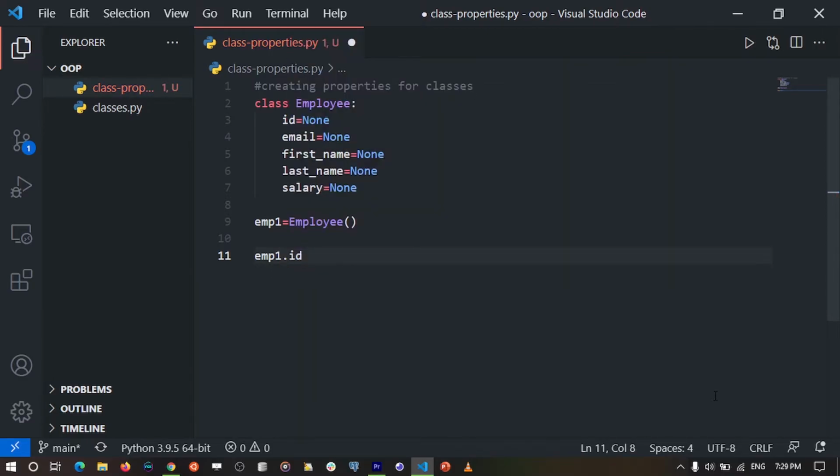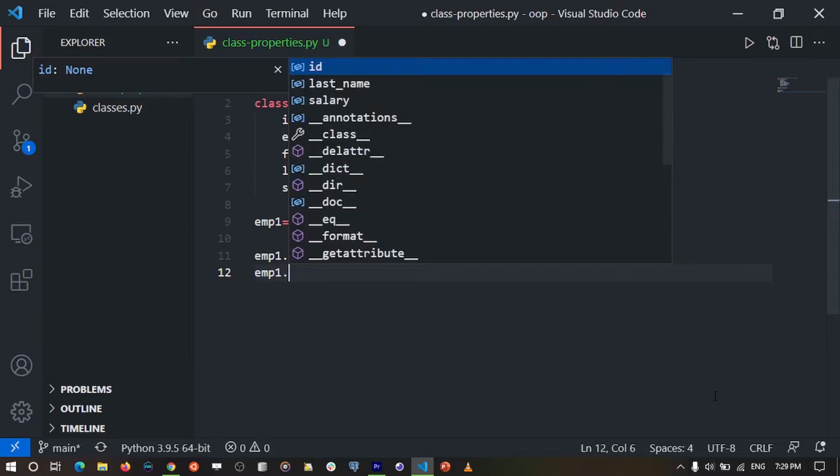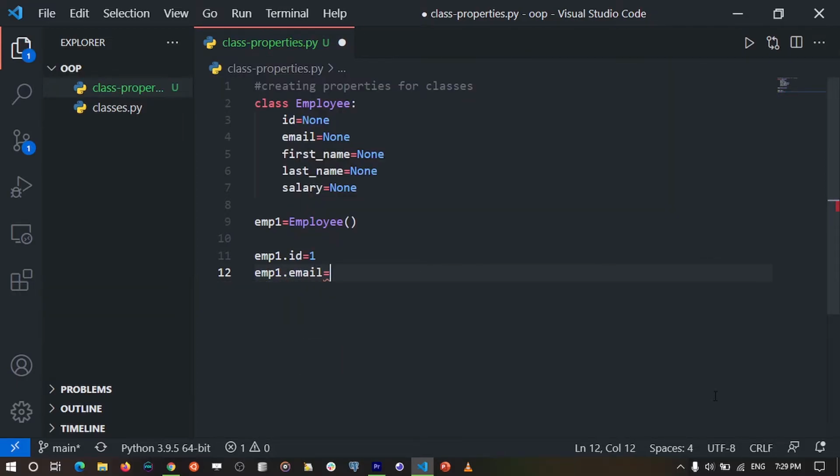So we can say employee1.ID being equal to, let's say, 1. Then you can also specify that employee1.email is equal to, say, Jonathan@company.com.